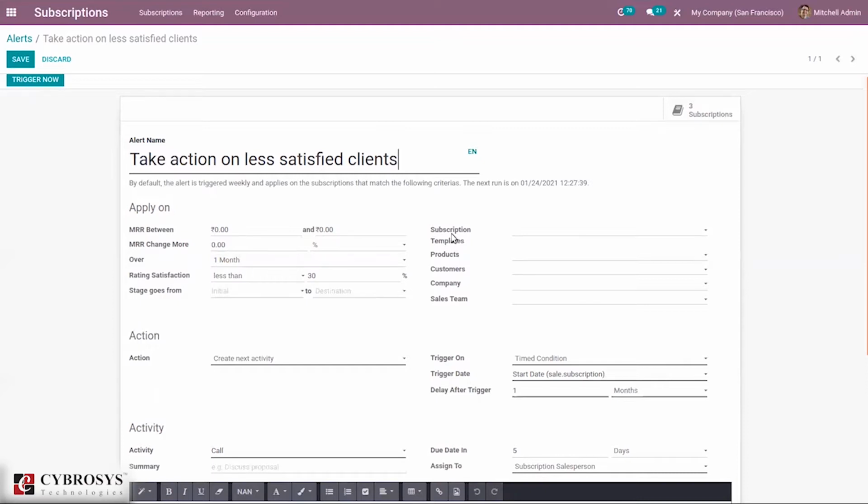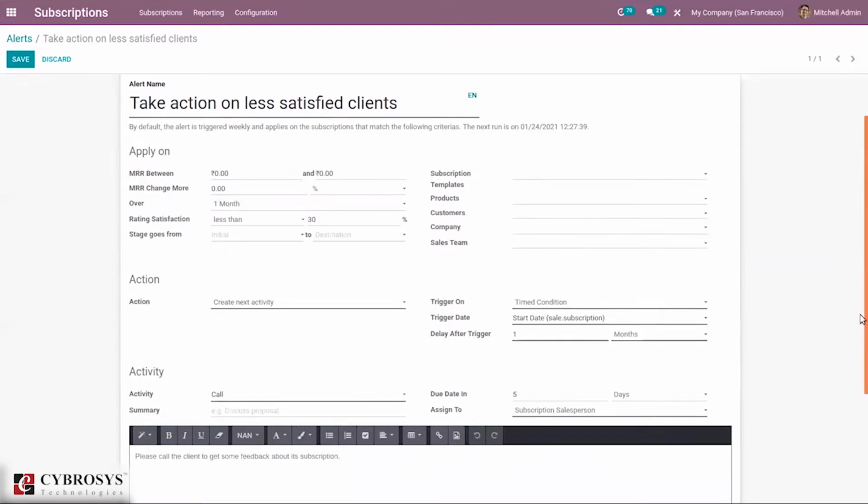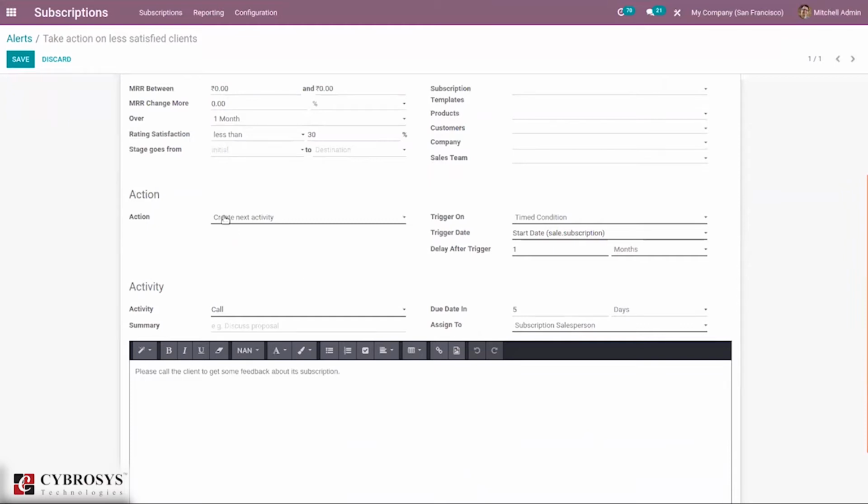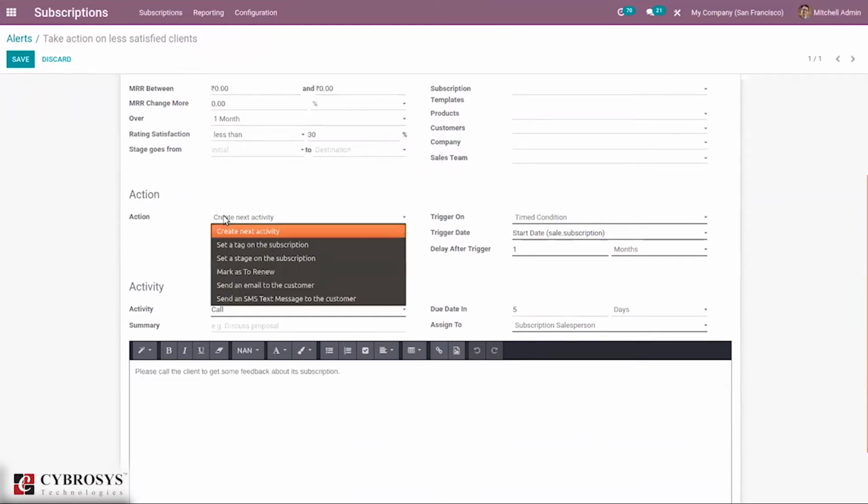We can also set a filter by setting some subscription template, products, customers, sales team. Then here we can define the action that needs to be done. So we can create an activity, or directly send an email to the customer, or an SMS can be sent.